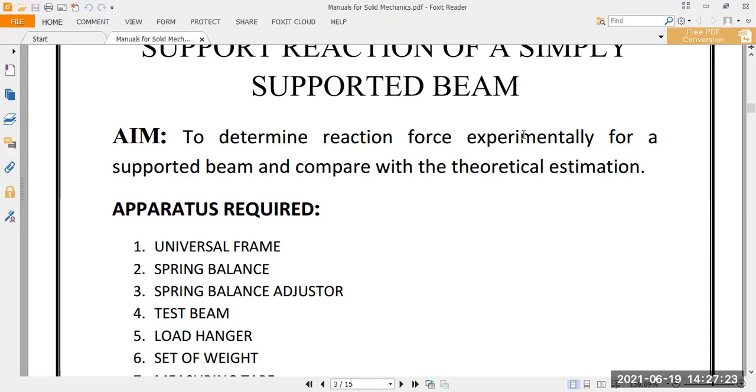These two requirements are essential for us to design the beam, because we are supposed to know the shear stresses, we are supposed to know the bending stresses, and we are supposed to know what the maximum value and the minimum value are, in order to design or manufacture a beam without a failure.